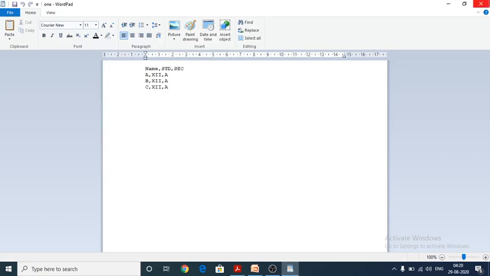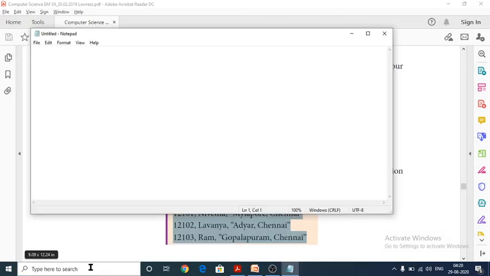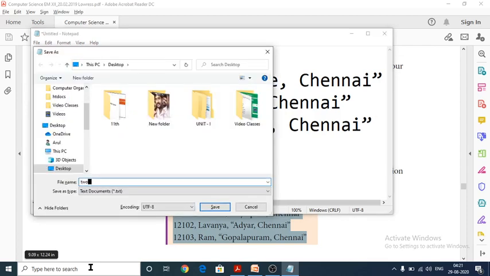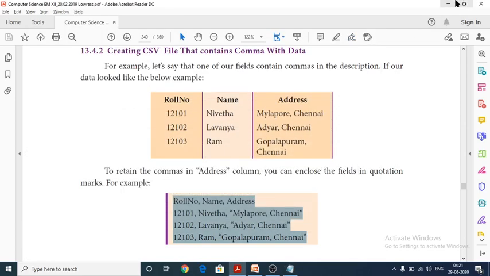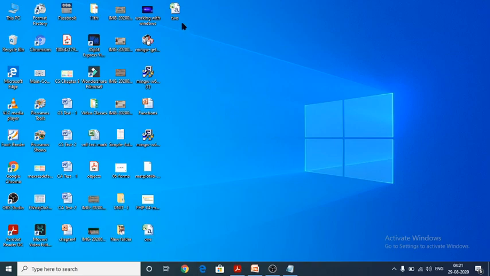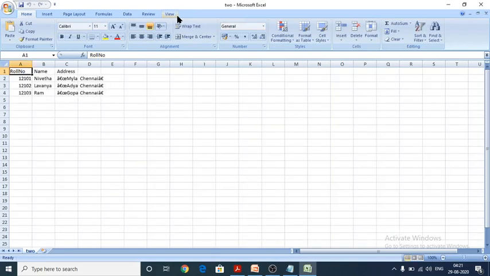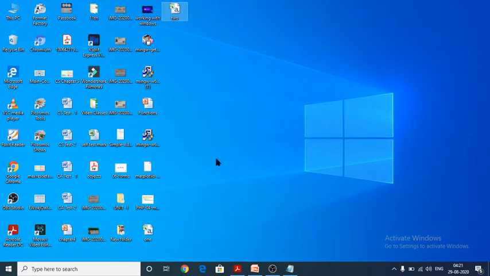Open your Notepad, and after opening it, paste this one. After that, save. Here give your name 2.csv with the extension csv. Save it. So again, see here, 2 is there. It shows like this because I copied this one.